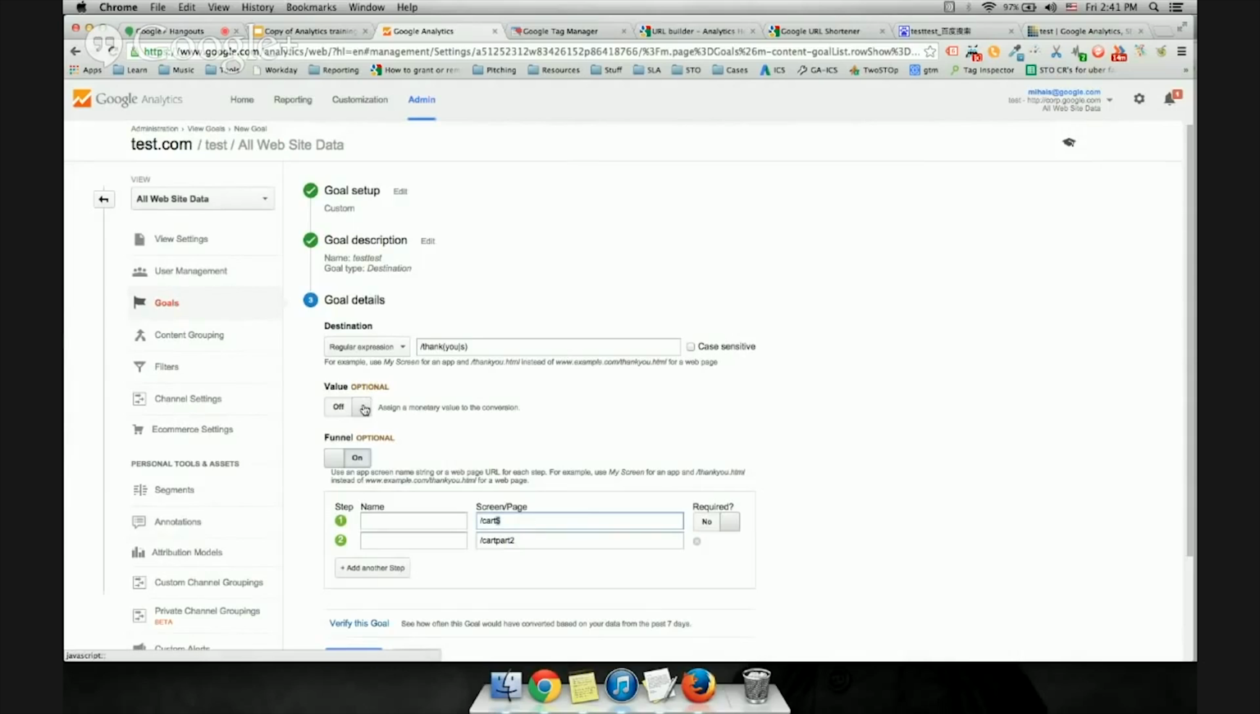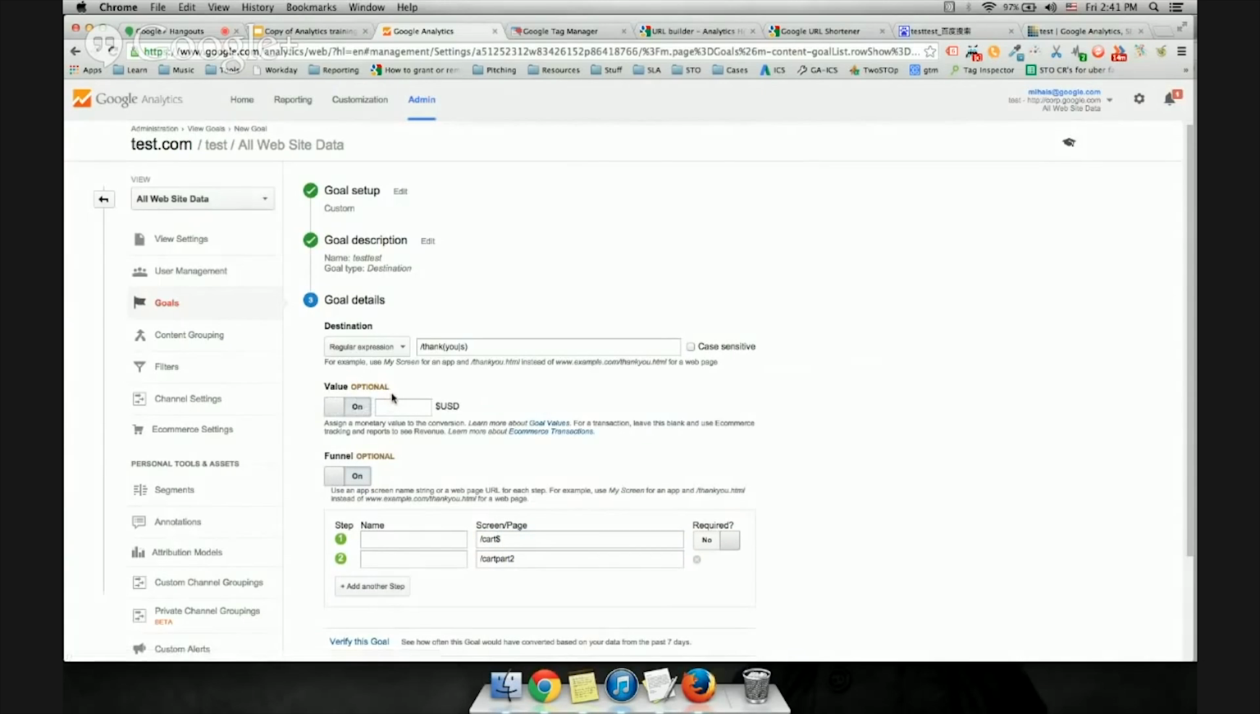You can also assign a value to your goals. The only thing here is that values are static, so you cannot assign a dynamic value. So if you want to assign a value of $20, all goal completions will always be $20. Okay,